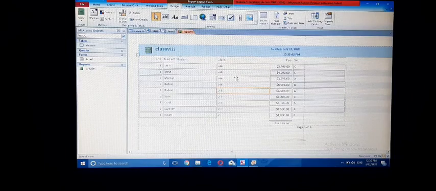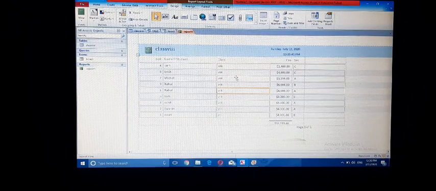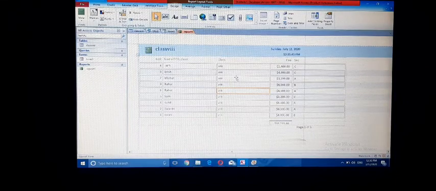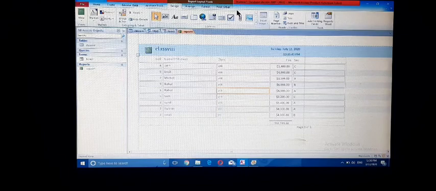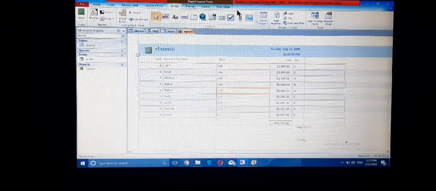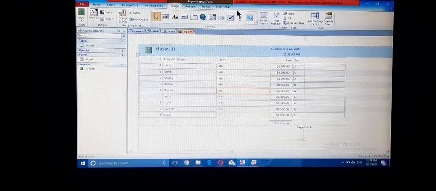So in this session we learned how to create a query, how to add a table in a query, how to add fields in a query, how to enter the criteria, how to save a query, how to run a query.